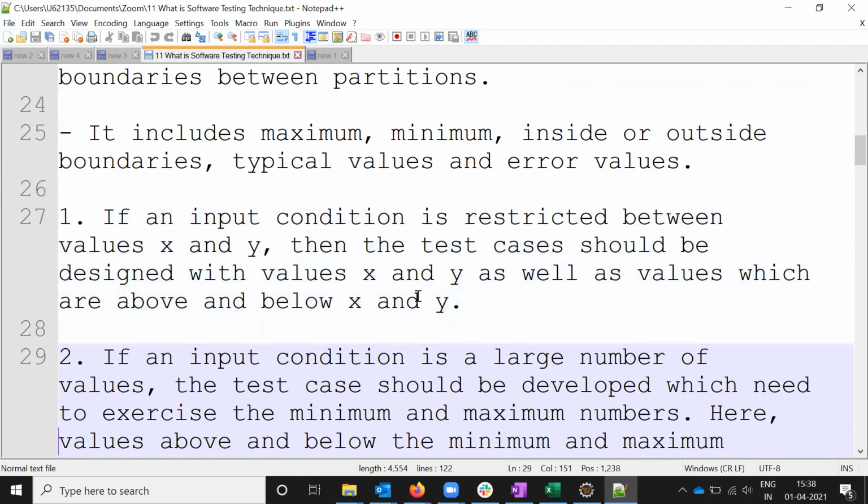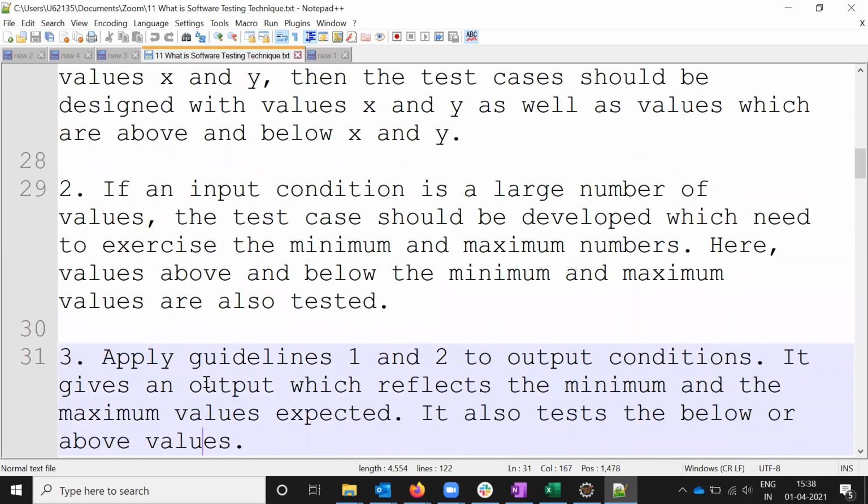If the input condition is between x and y, the test cases should be designed with the values x and y as well as the values just above and below x and y. If the input condition has a larger number of values, test cases should be developed that exceed the minimum and maximum numbers.